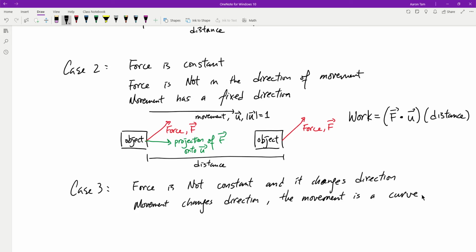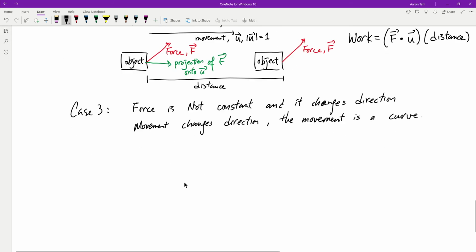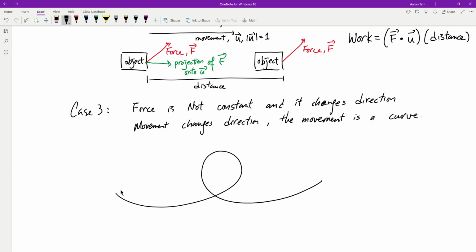And if the force is not constant, also constantly changing direction, that will imply that the force is actually dependent on the position at the time. So what that would require would become something like this. Imagine that we have some kind of curve, and on that curve we sit an object, and this is where it starts. And then at this point you have a force,